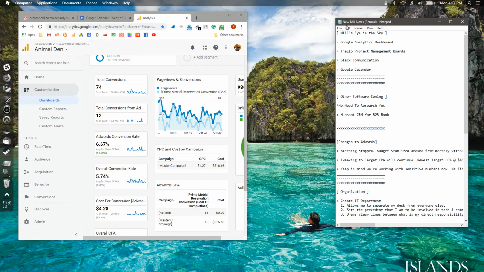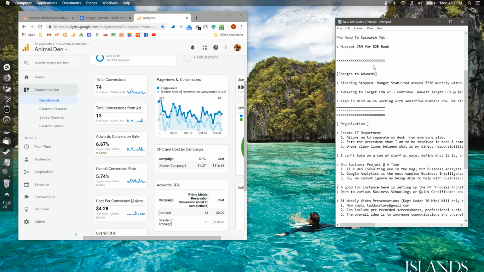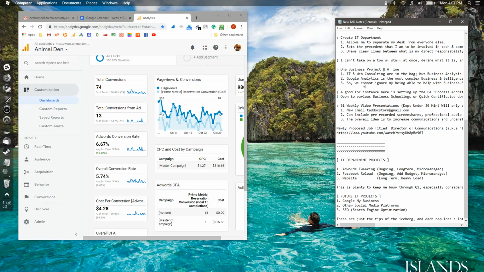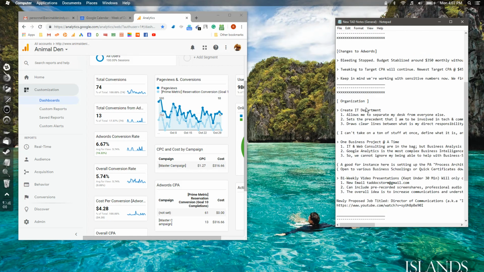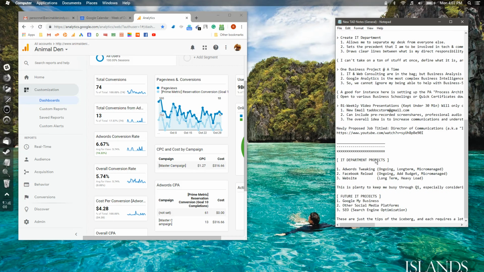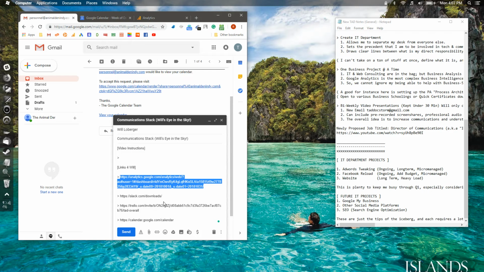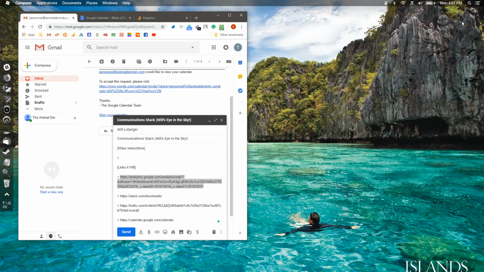Before we move on, read the one that I sent you here, new TAD notes general. I sent this to you, Will's Eye in the Sky, looks familiar. Read through it one last time and then just forget about it, okay? It's an important one. It's got extra stuff in here. You might notice things that you had questions about that I didn't clarify or that I may have overlooked. We're basically going from the Tower of Babel here on this page to this email, which is the total opposite. You've basically got everything right in here, okay? So this one, done.